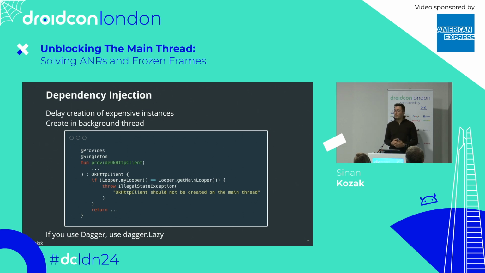And if we are on the main thread while doing this injection, I can throw an exception, I can do a log, and this is our debug log, by the way. At the moment, if anyone mistakenly injects OkHttp without using any lazy or provider, we throw an exception